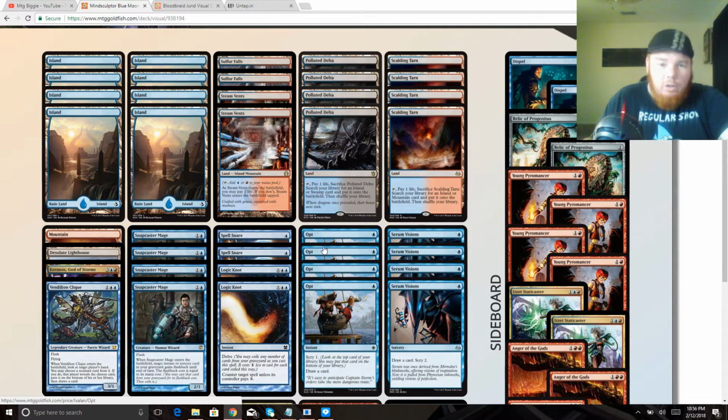And it also allows us to dig for our Blood Moons and our Jace, and work our way through our deck to make our draws consistent. We're on 2 Spell Snares, just being able to stop a 2-drop,